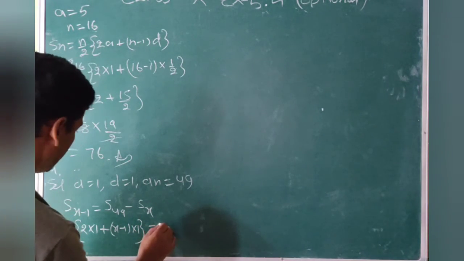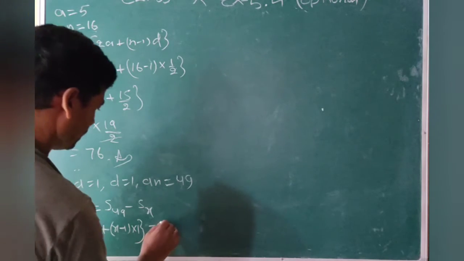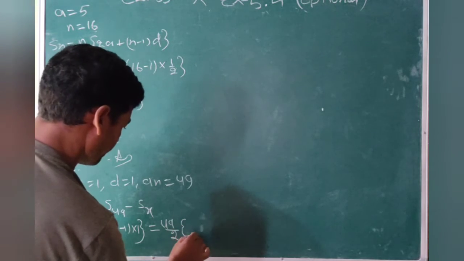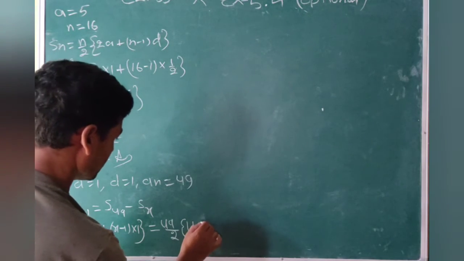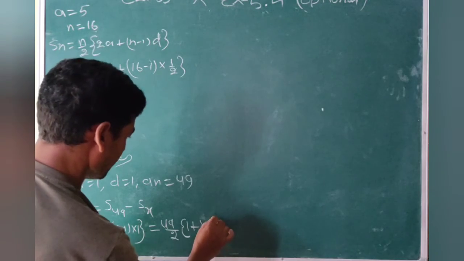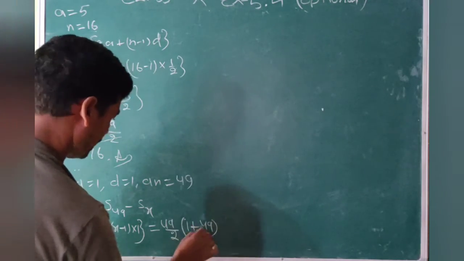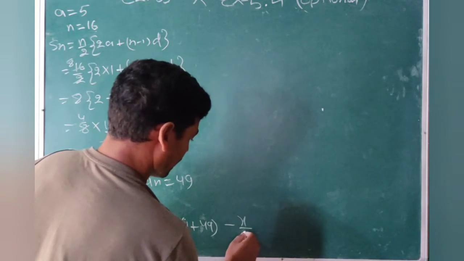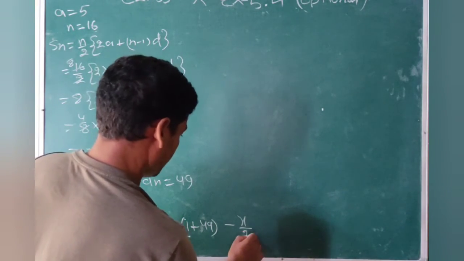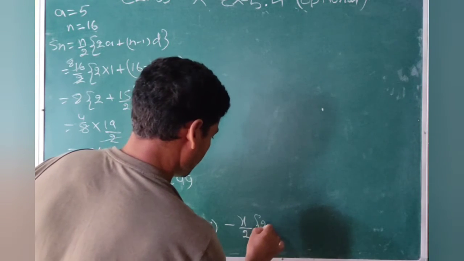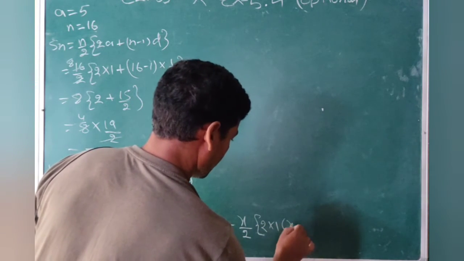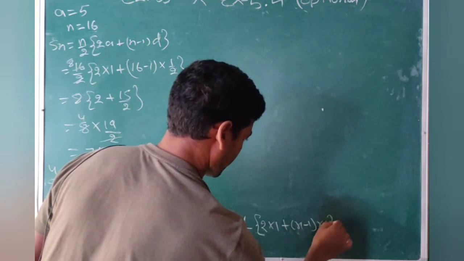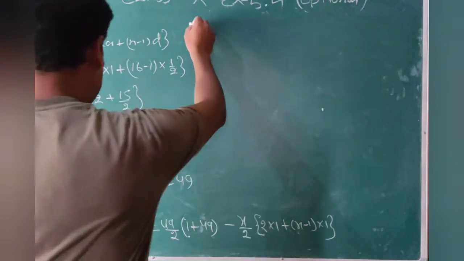Here we will apply n upon 2, that 49 upon 2, a value is 1, plus 49, and then minus Sx. In the place of n, this will be x, and then 2 into 1 plus (x minus 1) into 1, and then here we will see that